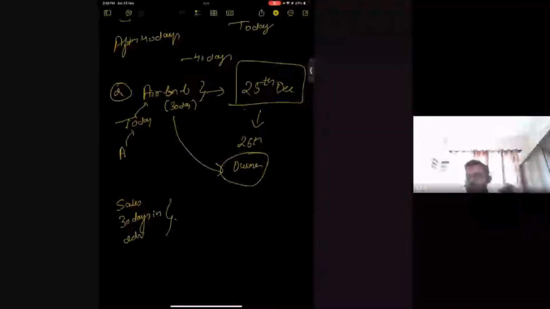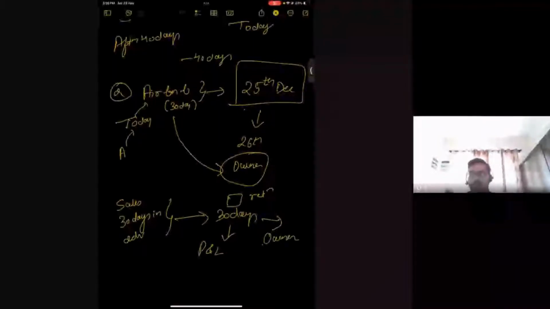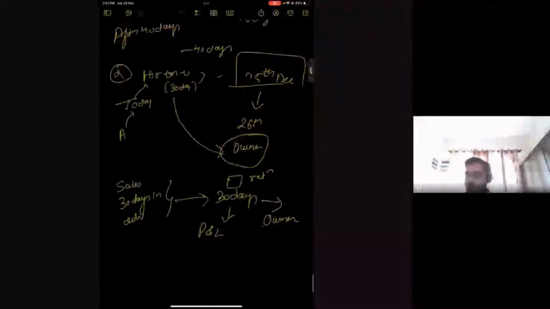They sit on this cash for a period of 30 days, which is actually invested in the banks, invested in short-term assets. And these assets give them returns. These returns are then utilized and go directly to their P&L. Then after 30 days, the payment is made to the actual owner. And of course, they charge their commission, which is their major business, but they're sitting on this as well. One thing I again want you to understand is that just because the working capital cycle is negative or low does not necessarily mean a poor business.